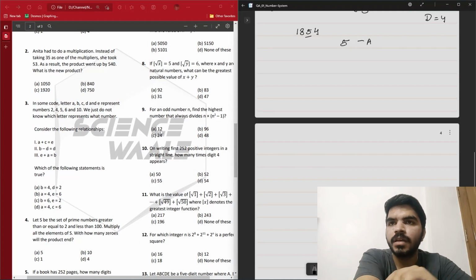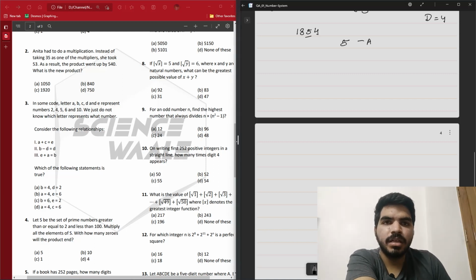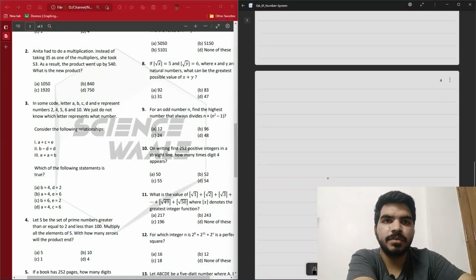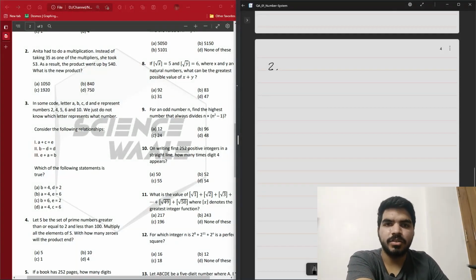Second question. Anita had to do a multiplication. Instead of taking 35 as one of the multipliers, she took 53, and the product went up by 540. What is the new product? This is a normal middle school level problem. Let the common number which has to be multiplied be x. Two numbers are multiplied now. One of them will be 53, multiplied by x, is equal to